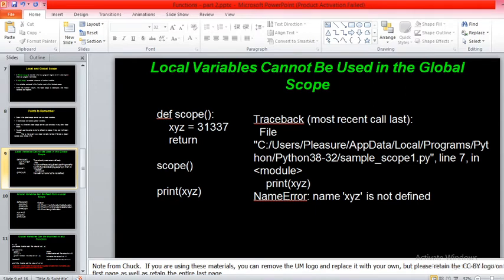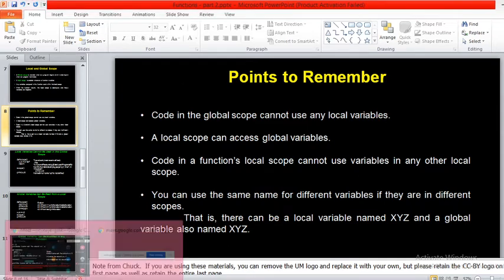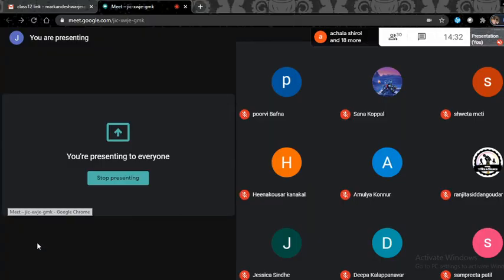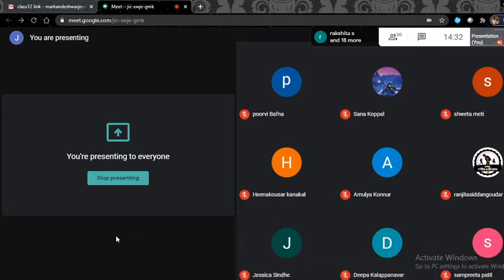First one now. Okay, did you get these points first? Yes, sir. Can somebody tell me what is local scope? Before I continue with the examples, to clarify what is local scope and what is global scope, can you just tell me what is local scope?